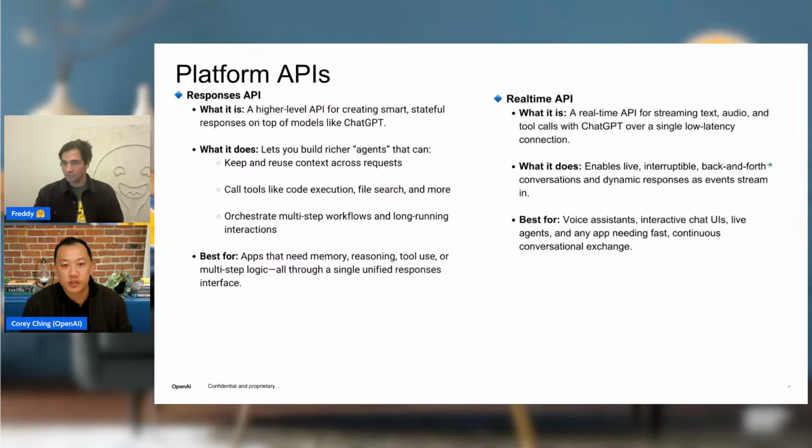Moving over to the other half, building agents or any type of AI applications. There are two core APIs, starting with the Responses API. It's great for any type of application that needs reasoning, where you want to work with an MCP server to bring in more context in a unified way. And the Realtime API is really great for voice assistants and things that need that kind of live back and forth. Both of those are compatible with MCP, and we're providing credits for everybody to get building.